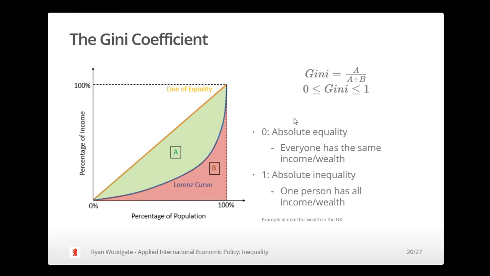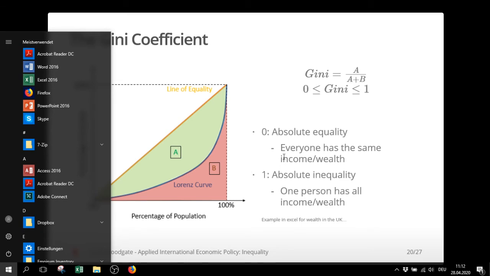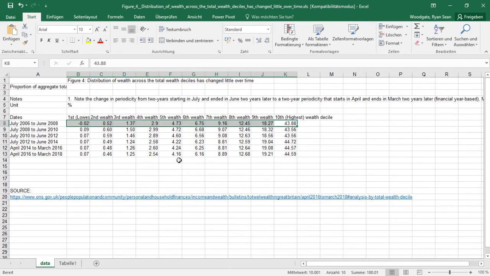To really codify what we have spoken about here, I would like to give an example for the UK, because that's what I found data on, for wealth, because we haven't been speaking as much about wealth in this lecture. So this should hopefully give you a better idea of what the Gini is doing and how to construct it. Because a lot of times students can feel a bit disassociated or detached from this number that supposedly represents inequality. Well, here we have some data that I got from the Statistics Office of the United Kingdom,